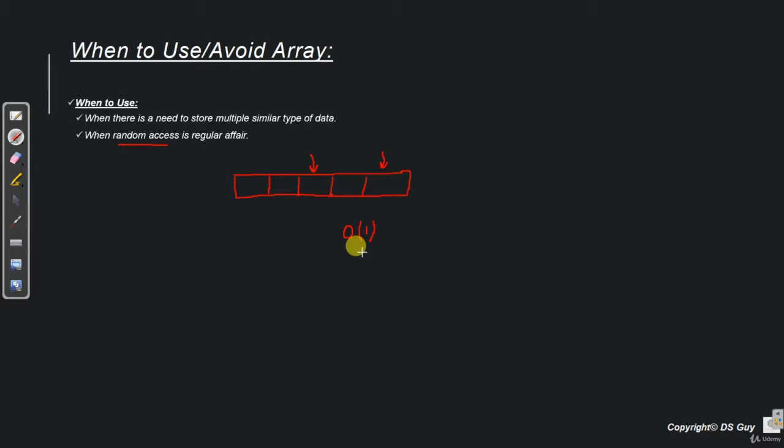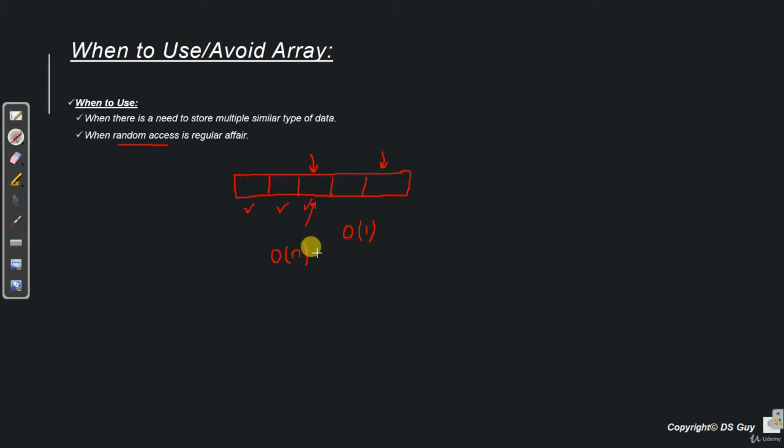However, as we will see later, there is a concept called linked list which is better than array in some of the cases, but the biggest drawback of linked list is that we cannot access any random cell. That is, in case of linked list, if we want to access the third node over here, we have to start from first, then second and then third. So in that case, the complexity will always be order of n, where n is the size of the linked list.